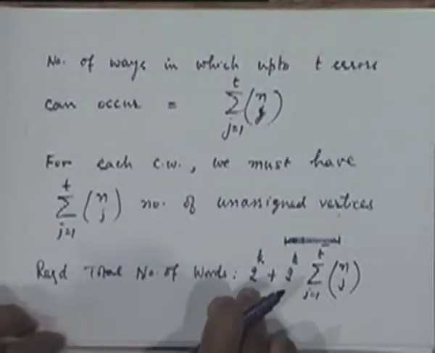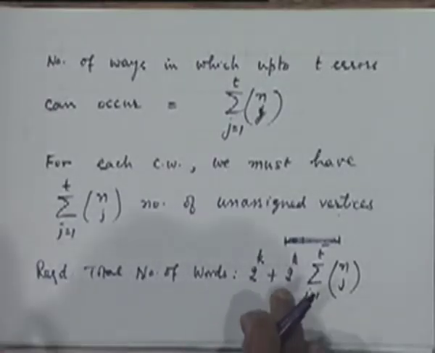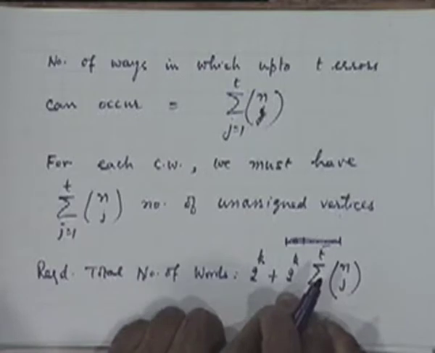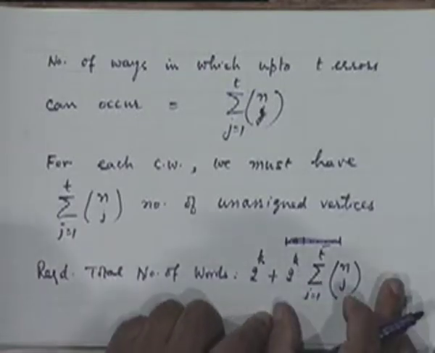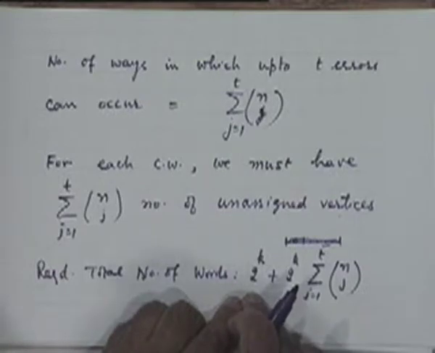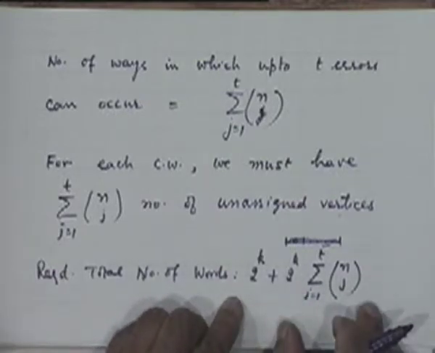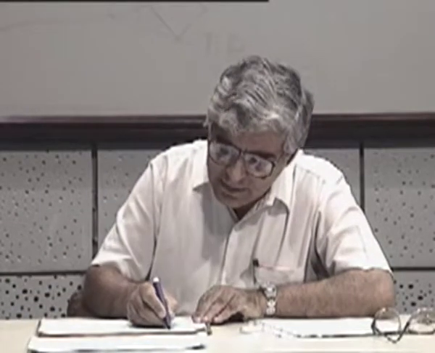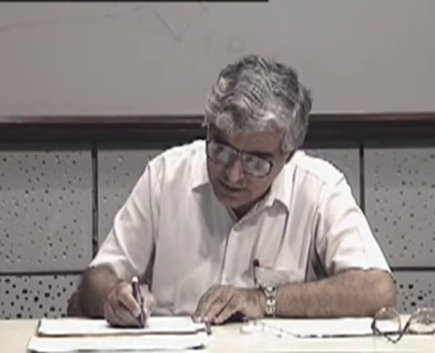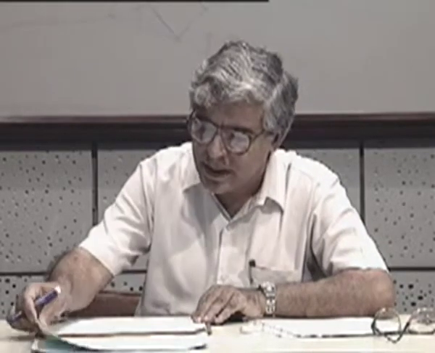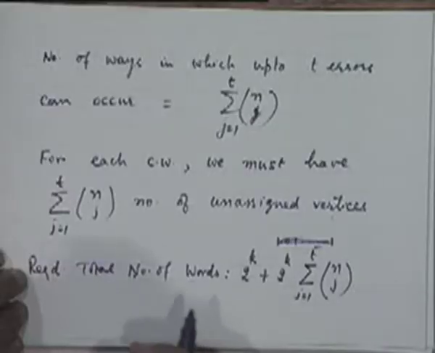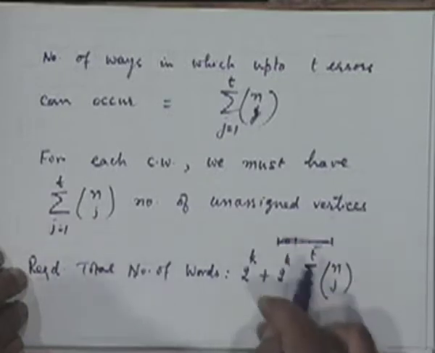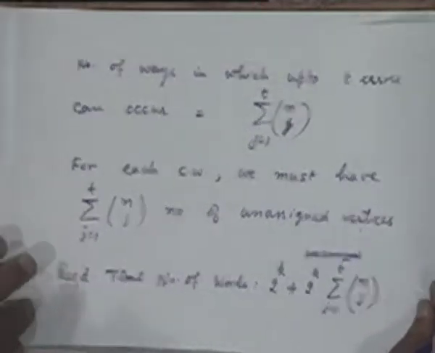This 2 to the power k term is the number of code words itself. Then for each of these code words, I have so many unassigned vertices. So for 1 multiplied by 2 to the power k code words, this is the number of unassigned vertices. This is the number of assigned vertices. The total number of vertices must be the sum of these two. So that implies that 2 to the power n should be greater than or equal to 2 to the power k. As you can see, I can factor out 2 to the power k, I will be left with 1 plus this, and I can include that in this summation by putting j equal to 0, which is the same thing that you were saying more or less.